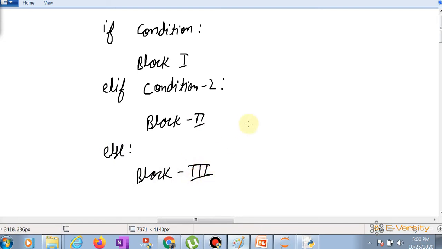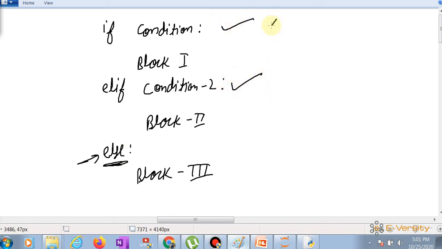And you must remember one thing: there is no condition in else, right? Many students do this wrong when writing else. Else does not have any condition; conditions are only in the if and elif parts.